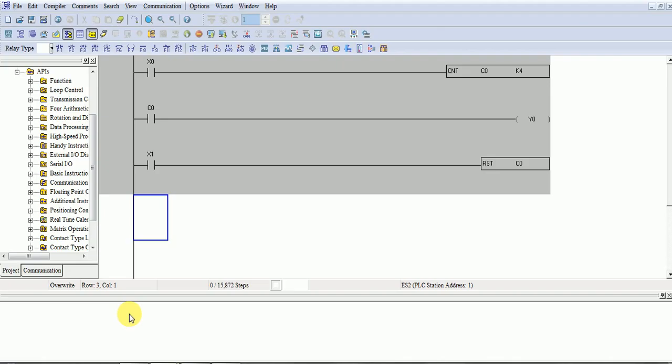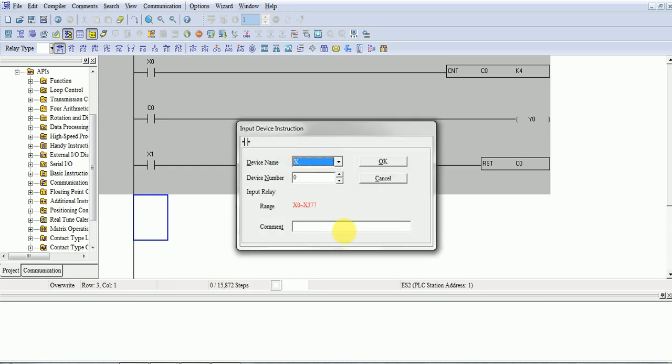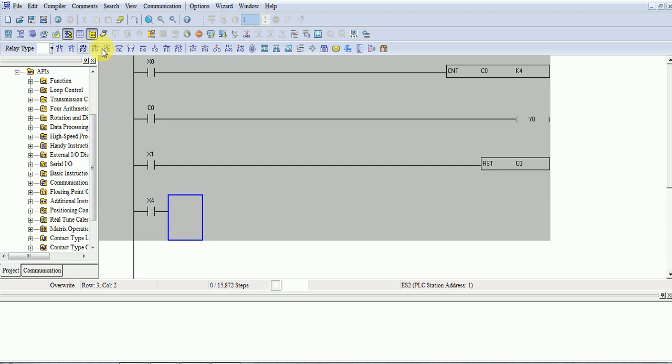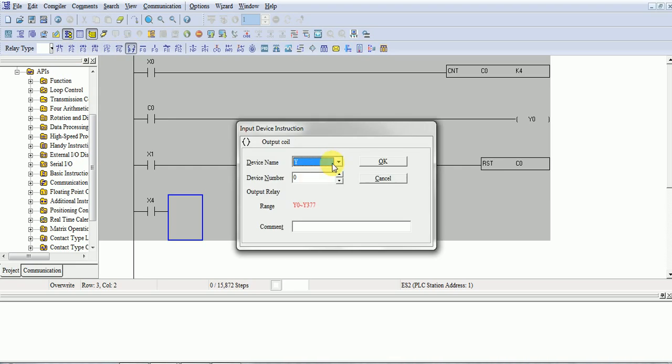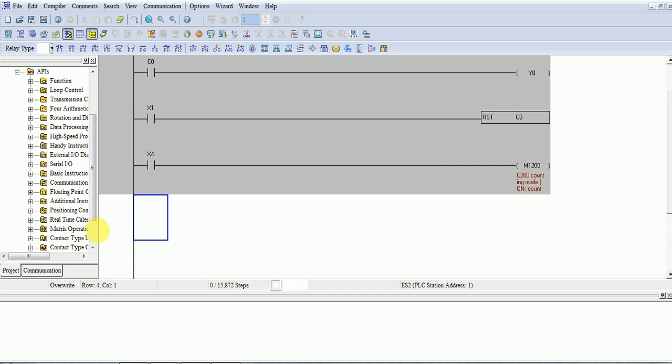Now take any input and I will take memory M1200, and you can see the comment here, C200 counting mode. If this memory bit is on, then it will work as countdown, and if off, then it will work as count up. Okay, you can now compile it.